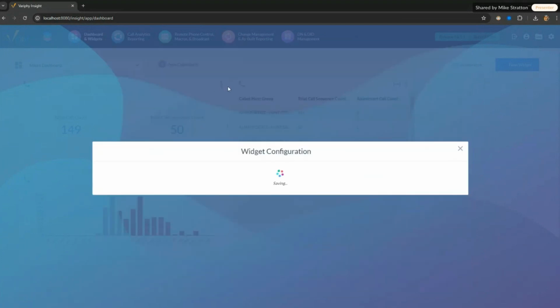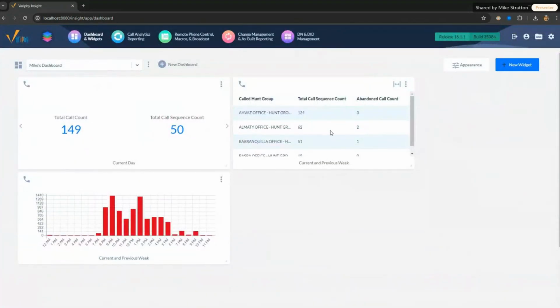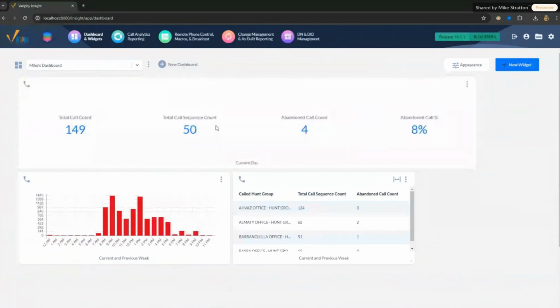Save this, and then if I just stretch this, you can see 149 total records, which equates to 50 different sequences. Out of those sequences, we have 4 that were abandoned, which means 8% of the sequences were abandoned. The difference between the sequence count and the total call count has to do with what we saw with those hunt group records,